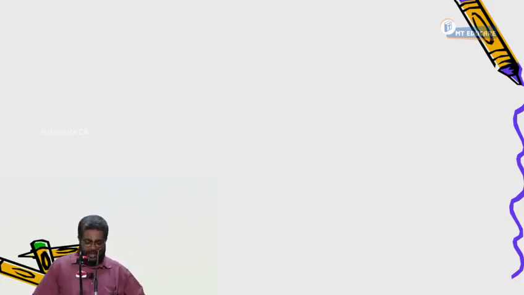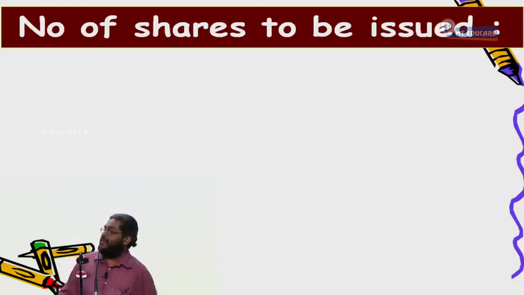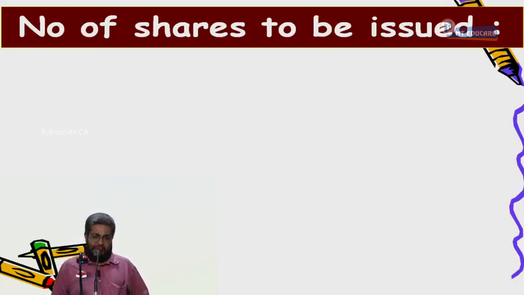Now, let's go to the third part of the question. See. Number of shares to be issued. There was a question, how many shares to be issued? Why should I go for new issue? Because at the end of the year, I am going to start a new project. Right or not? Now, let us see what is going to happen. Tell me, how much money is required for the new project? Everybody. How much is here?